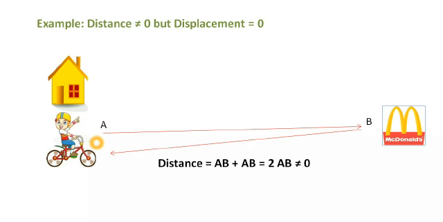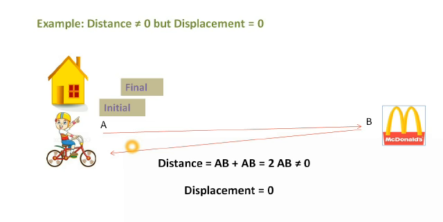But now what will be the displacement? Here, what is the initial point? A, the initial position, home. And what is the final point? As he comes back from B, it's not his final point, because he turns back and reaches here, and this is his final position. It means the initial and final positions are the same. So what is displacement here? When the initial and final positions are the same, there is no path, no shortest distance between them, because both positions are the same. That means our displacement will be 0, right? So now I hope you are able to understand what is distance and